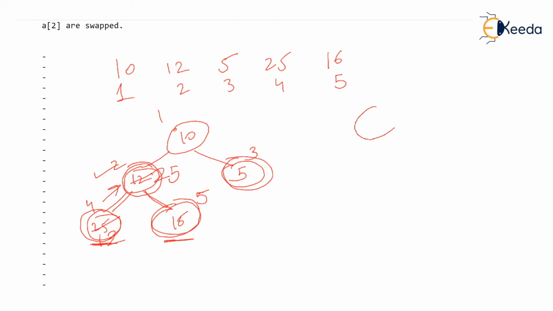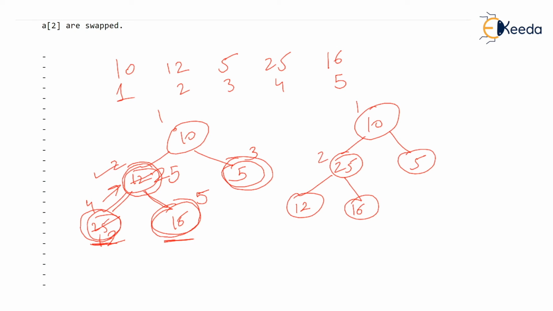Now what is the latest heap? The latest heap is: 10 has the left child as 25, earlier it was 12. Right child is 5, and the left child of 25 is 12 and the right child of 25 is 16. Now after adjusting the second parent, we will now adjust the first. We want this first node to be larger than the second and third. So first things first, we will check who is the largest child among the children, and the largest child is